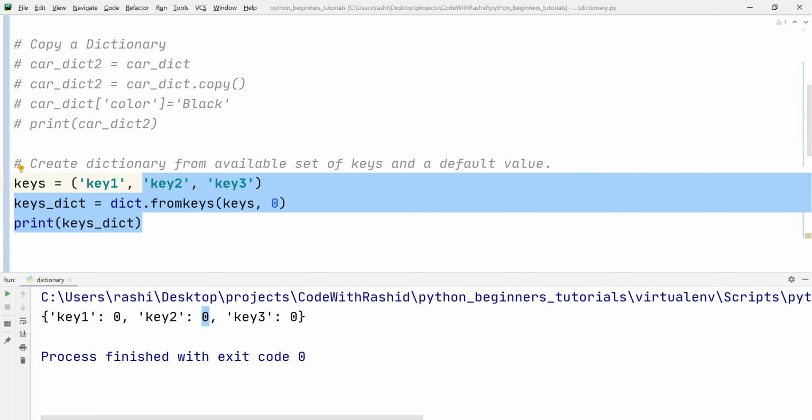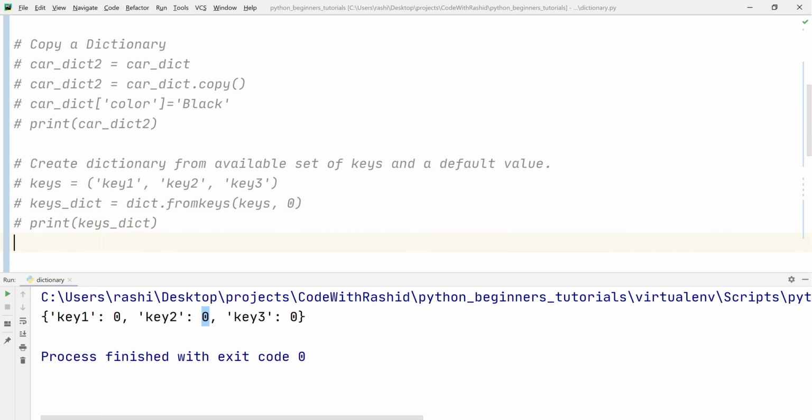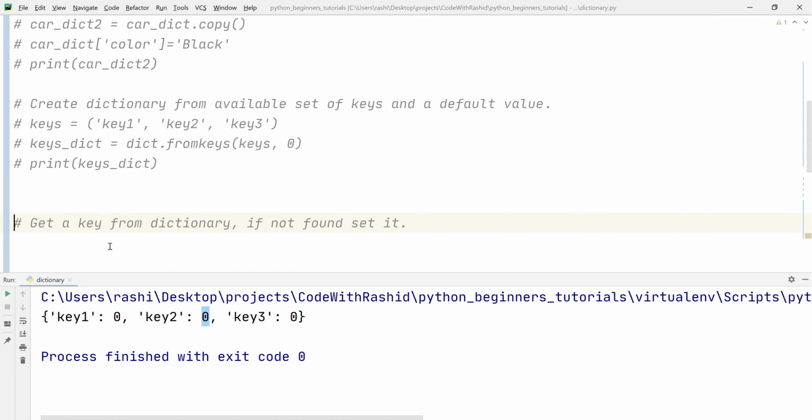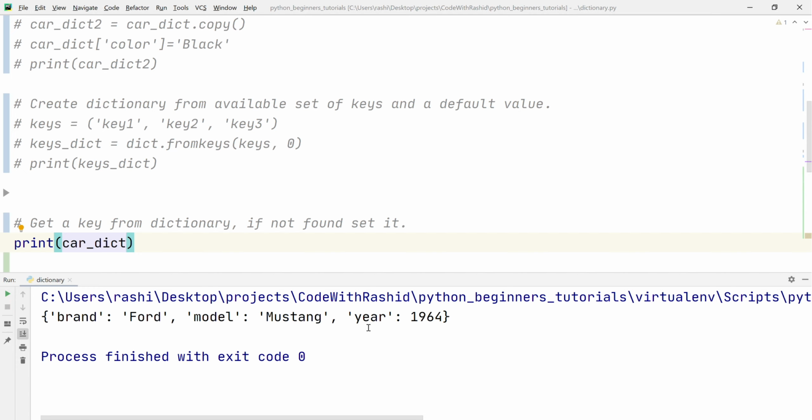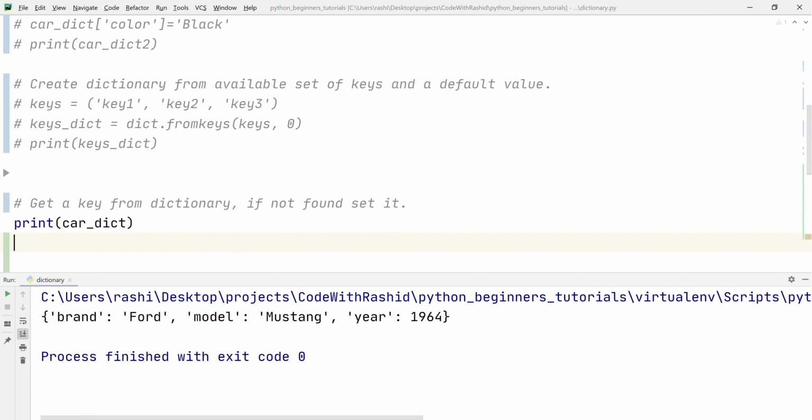Let's move on to the last property. Here we want to get a key from the dictionary, and if the key is not found we will set a default value for that key. So first of all let's print the dictionary, and here we have keys brand, model and year. Now let's write cardict.setdefault, then the key name, that is year, and then if the key is not found we will provide the default value, that is 2000.